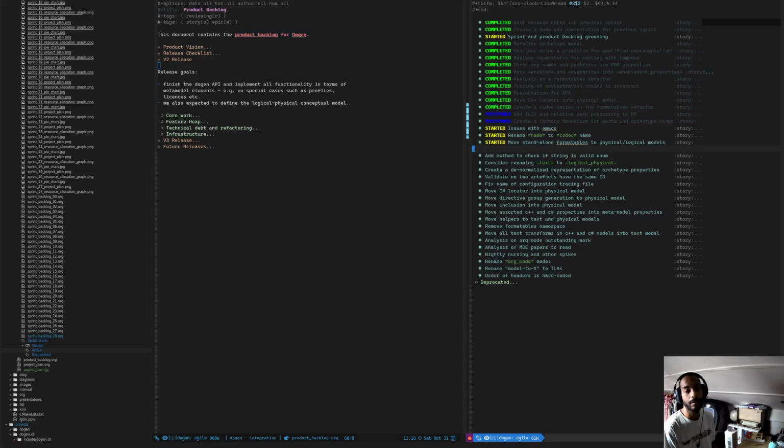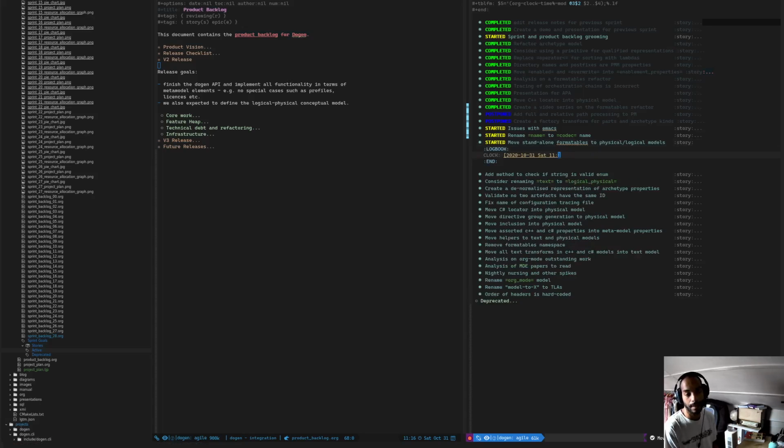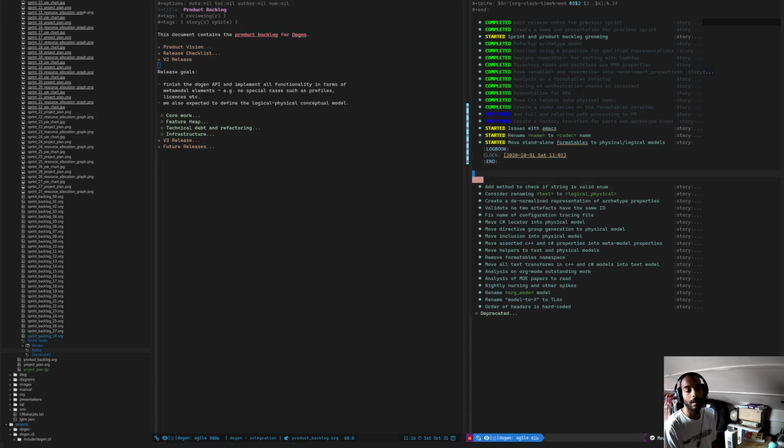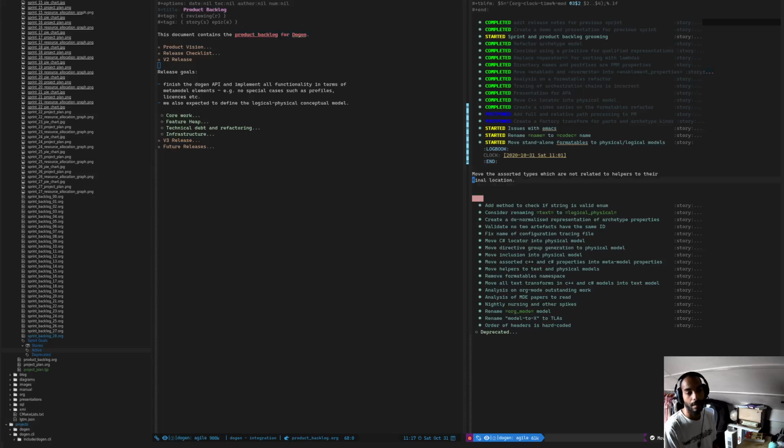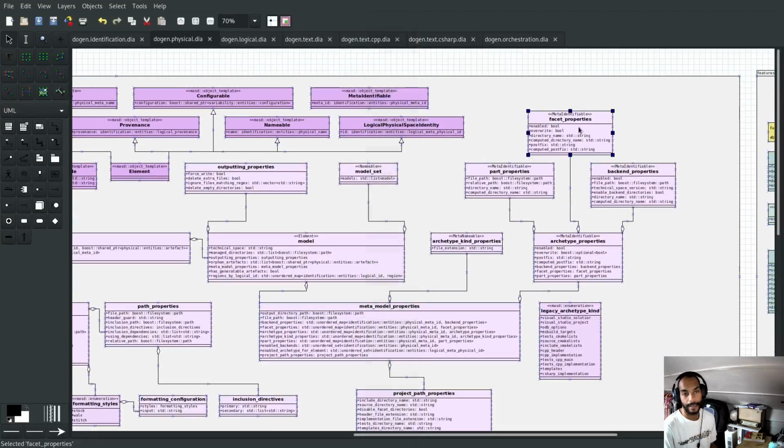Now then, it probably started clocking at around, so started working about around 11 o'clock. Move of the assorted types which are not related to helpers to their final location. Right, then probably keep track of the types. Will make our life slightly easier. So let's start with